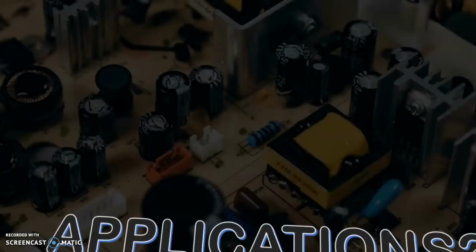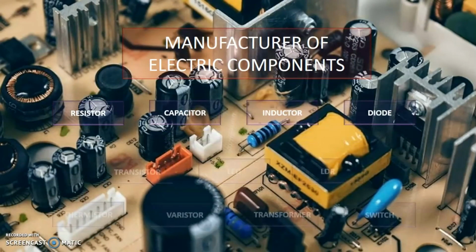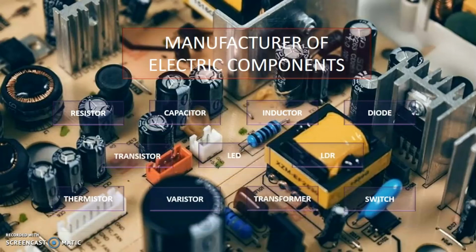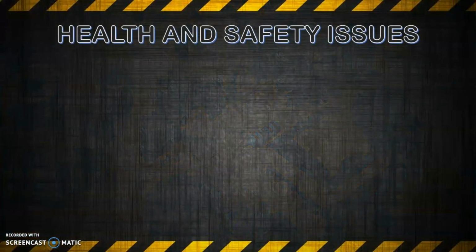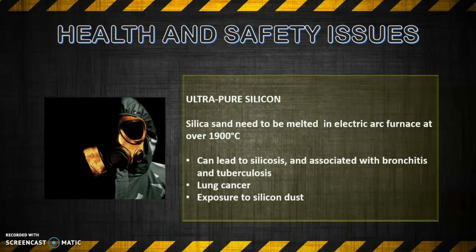Of course, it is widely used in the manufacture of electronic components such as resistor, capacitor, inductor, diodes, transistor, and many more. During the manufacturing of silicon-based products, there can be some potential hazards caused during the production stage. For example, to produce the ultra-pure silicon, silica sand needs to be melted in an electric arc furnace at over 1900 degrees